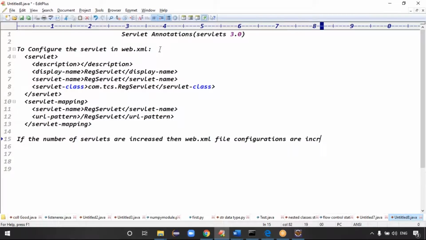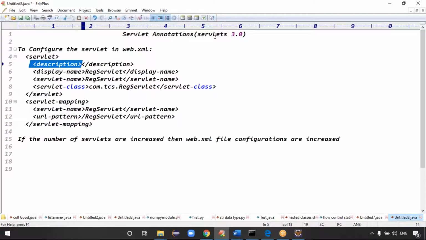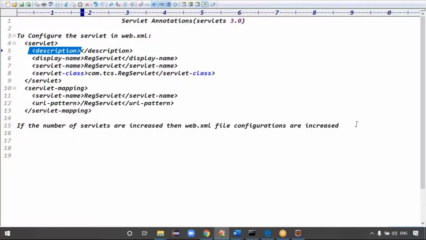Because if the number of servlets increases, the web.xml configurations increase. So the parser will take some time to parse this data. Parsing means validation, right? Every tag we have to validate. So it affects performance, right?